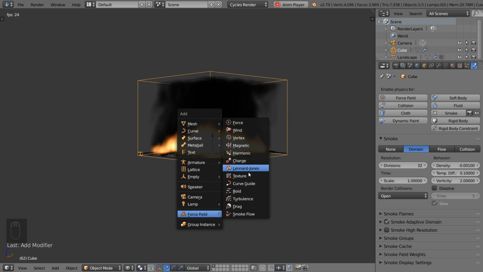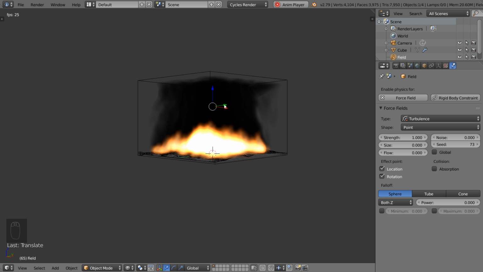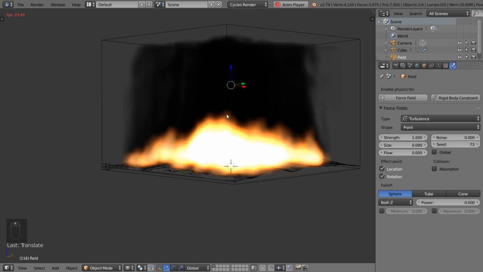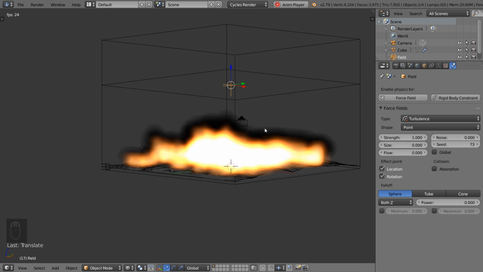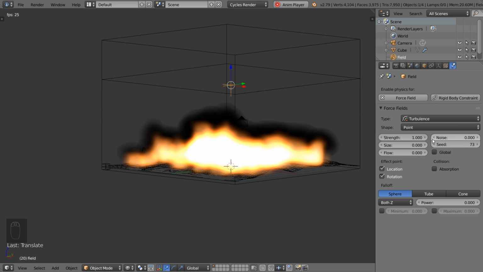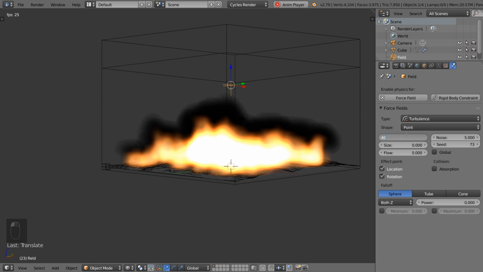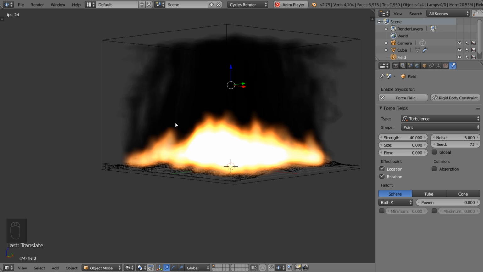This force field, the first one we're going to use is going to be turbulence. Turbulence can really give you that random looking fire effect. Without it, you have really straight looking flames and it just looks completely fake. You need to add some random wind effect to your simulation, and turbulence is the right option for that. So I like to give it a noise value of about 5, and then the strength is going to go all the way up to about 40. I'm going to type 40 in, and suddenly you can see that the